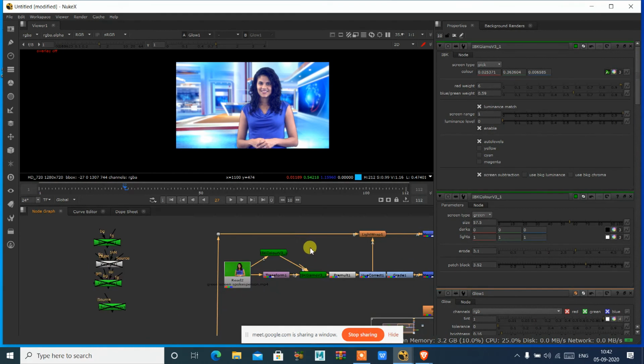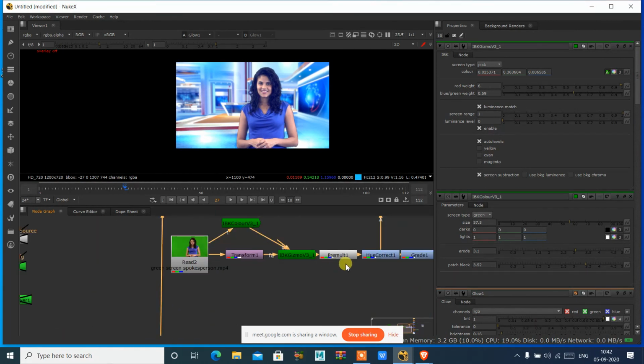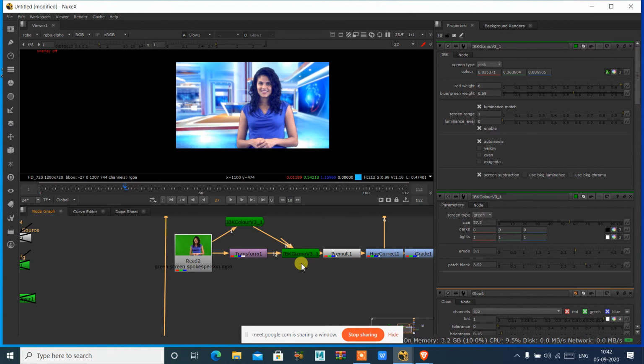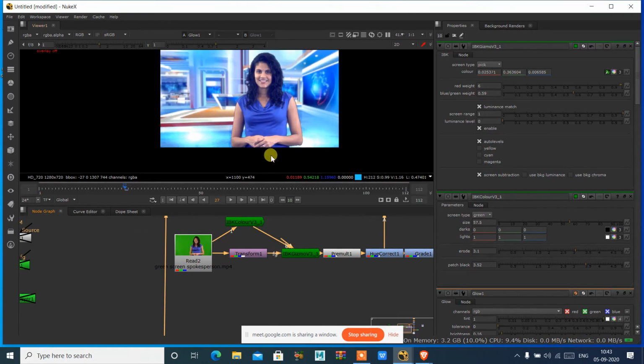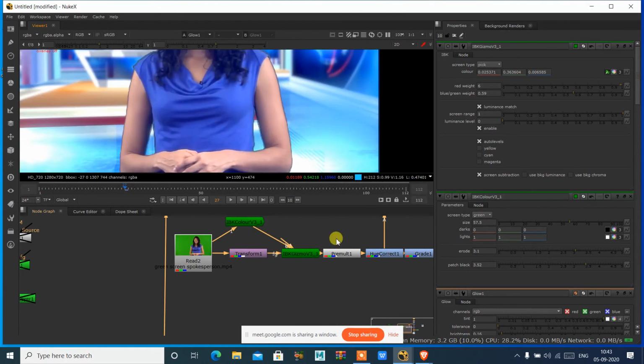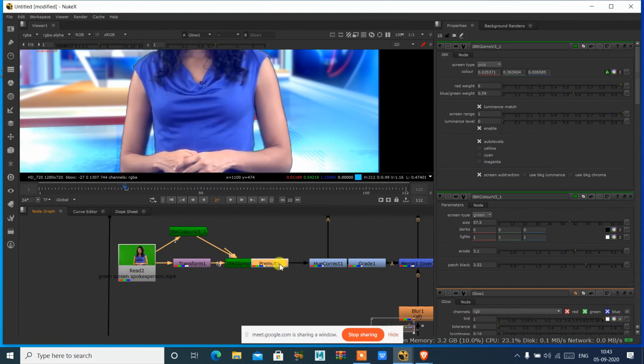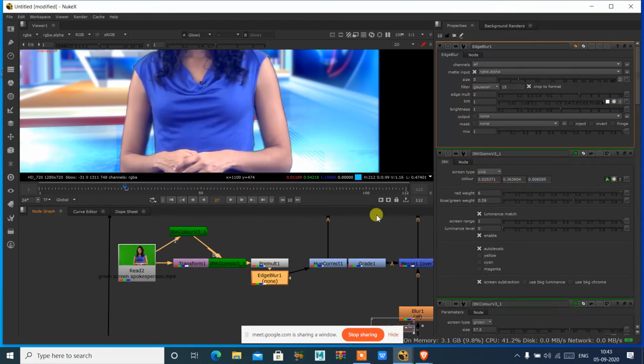Okay, so any of the tools we are using, you have to use like this. Okay, so in this option, there is no button for adjusting these edges. Okay, so for that, you can add an edge blur. So select this, press Tab, you can type. Okay, so you have different options. You have edge blur, you have edge detect. So if I just add an edge blur to that, it will blur these edges. You can see how it is going to blend with this now.